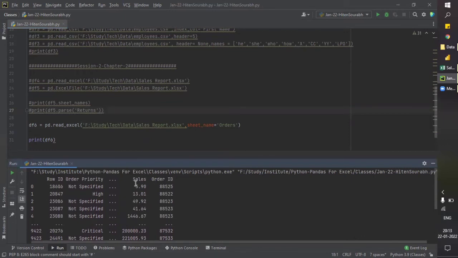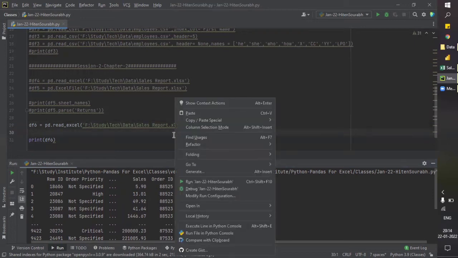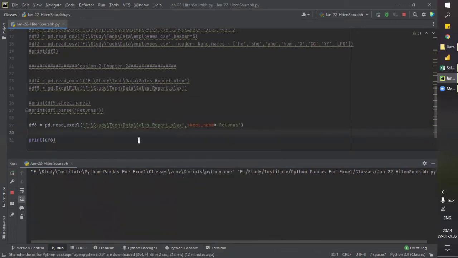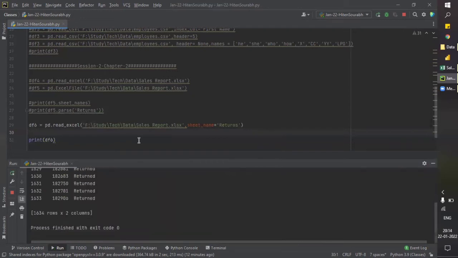Okay, yes, data has been loaded from the orders tab. Now let's run with the returns sheet. Yes, we have the data.